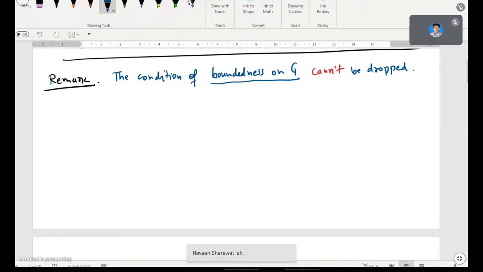This boundedness condition creates that situation. So I am going to explain this remark with the help of a counter example, where I will drop the condition of boundedness on G, and we will see that instead of attaining the bound, the function will not in fact attain the bound at all. So let's take that counter example. So class, let me take this G. For example,